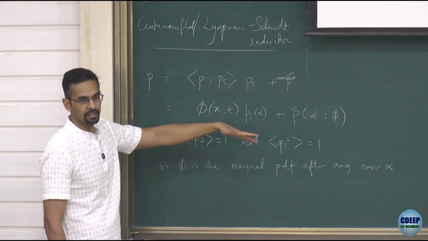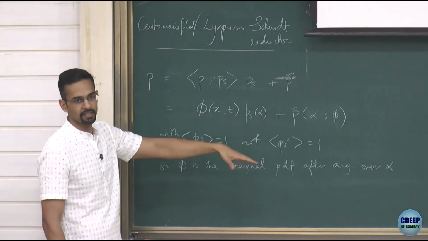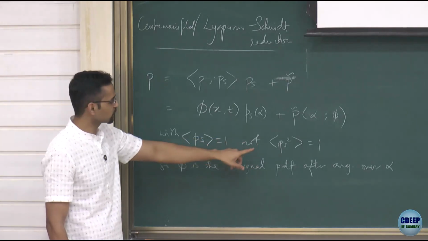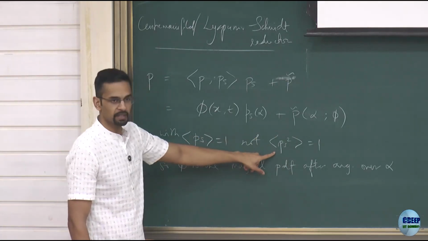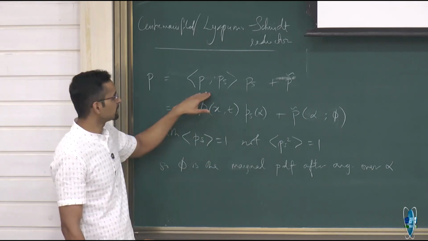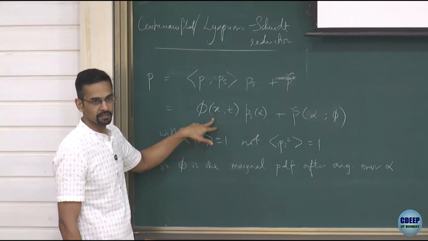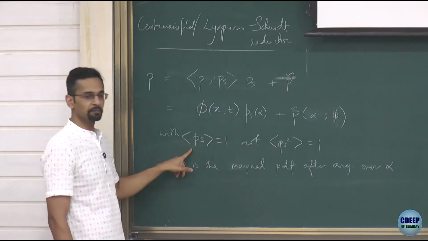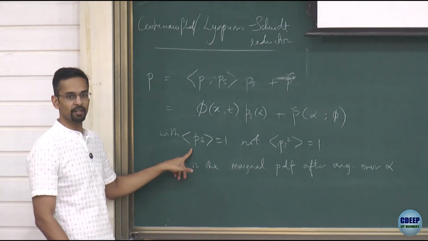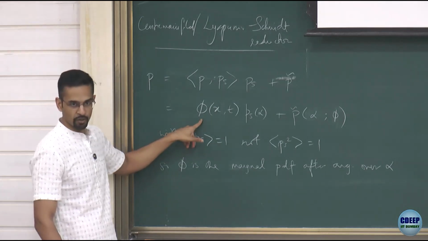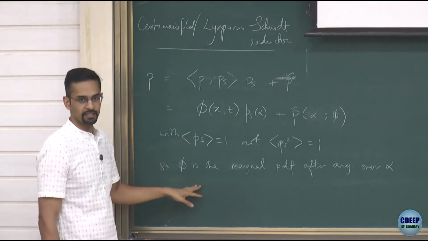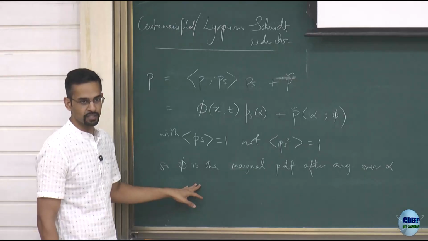That's how you would do a standard thing, unless the integral of PS with PS is 1. Right? So if I had normalized it this way, that the integral of PS squared equals 1, then I can say that phi is actually the component of P along PS. But I'm not doing that. I've just normalized PS such that its integral alone is 1. So phi is not the component, but it still has a, in fact, for us, much more useful physical interpretation,